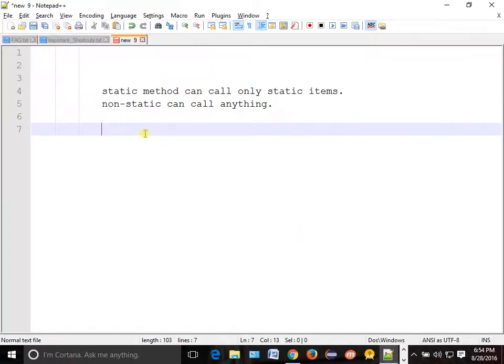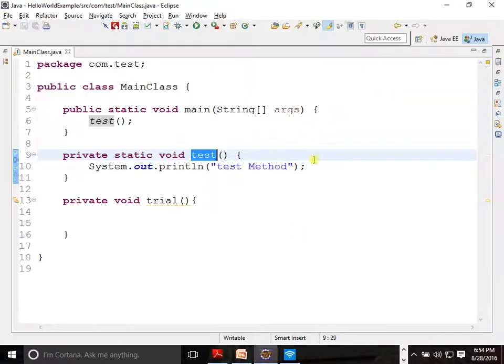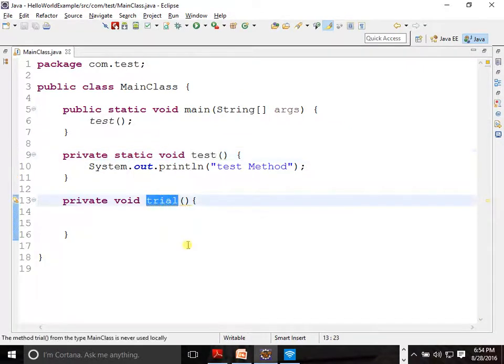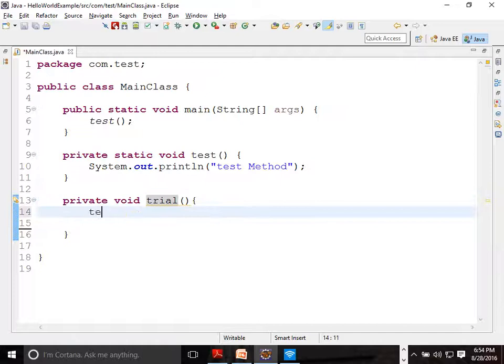Non-static can call anything. So can it call test? Yes, no problem, because it is non-static. Let's try to write test. See, no problem. So test cannot call trial because it is static, but trial can call test. This is the way we will do.